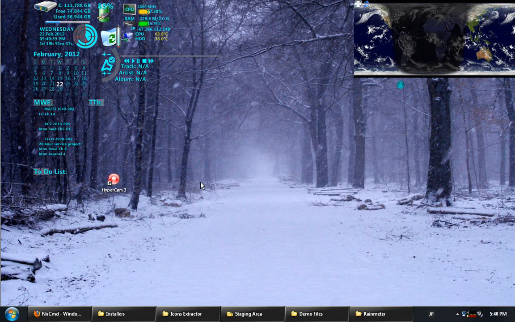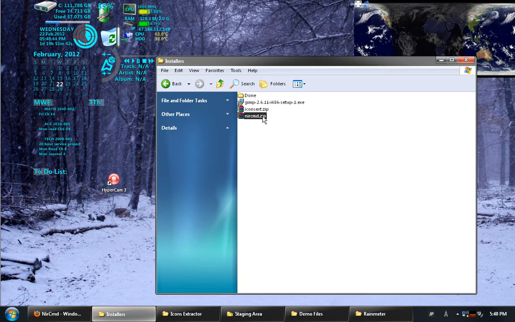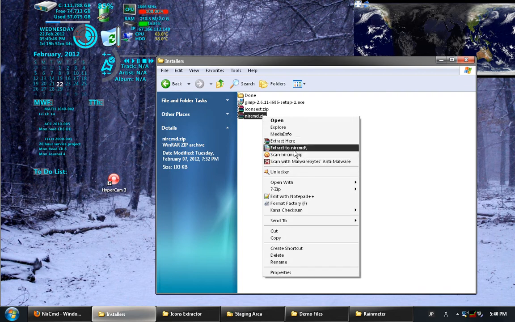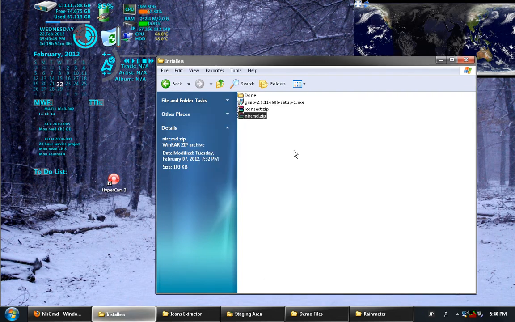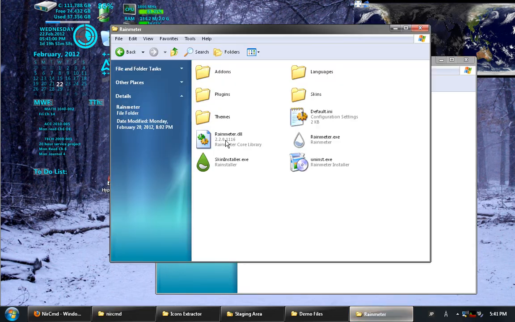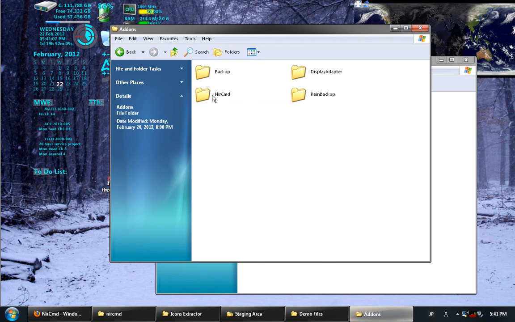The way that you would install this, when you download it, you can see that the program is simply an extraction, or it's simply archived together. It does not have an installer. So if you were to extract it to a folder, you would see just 3 files, the 2 executables and the help file. If you were to put these in the Rainmeter program files, I'm right now in Program Files under Rainmeter, in a folder named NirCmd within the Rainmeter folder, it would be able to recognize that you can send commands through NirCmd,